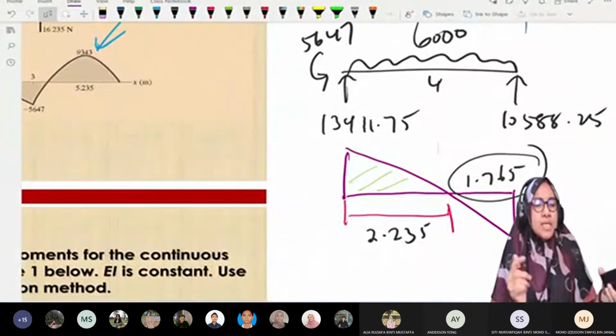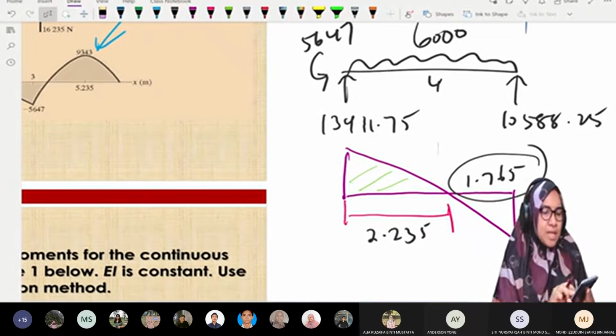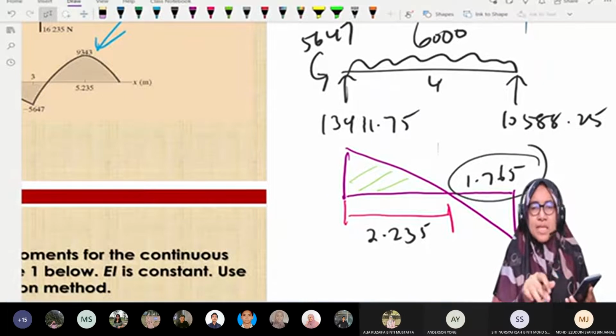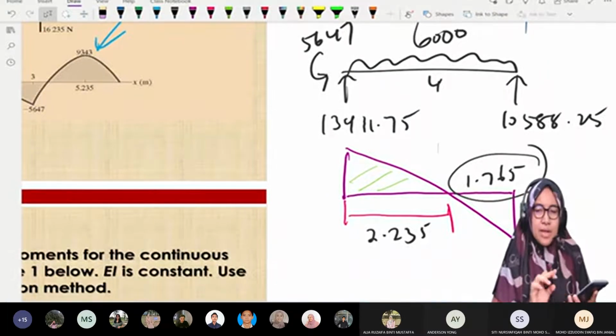The moment is negative 5647 plus dengan area tu. Plus dengan area, the area of triangular. Okay, it is 0.5 times 13411.75 times 2.235. Okay, we get